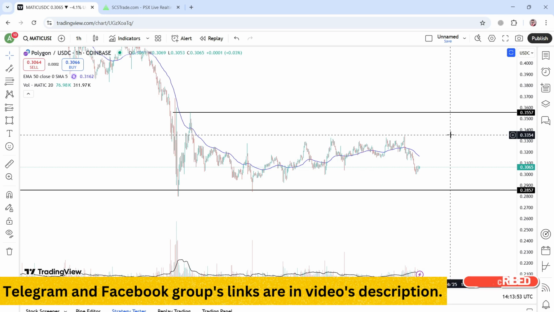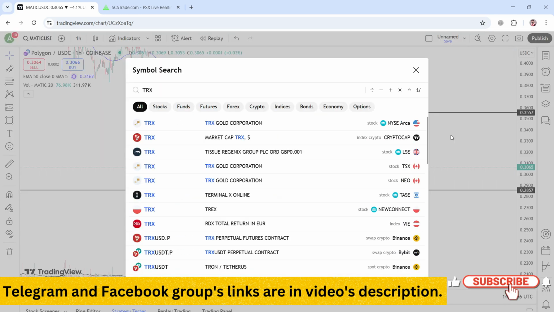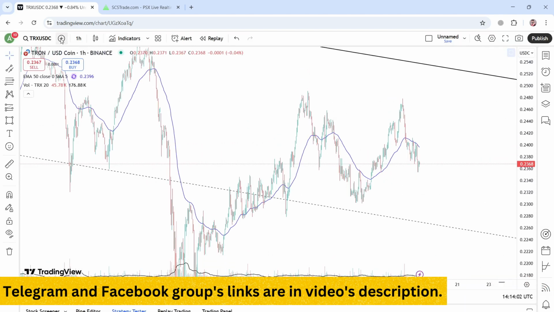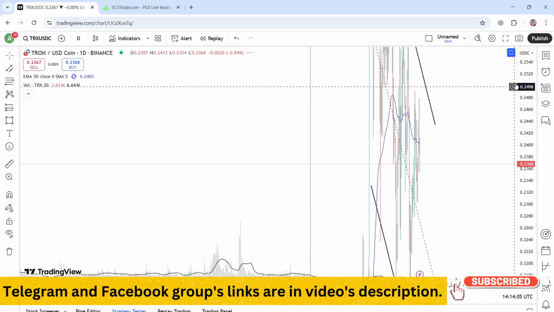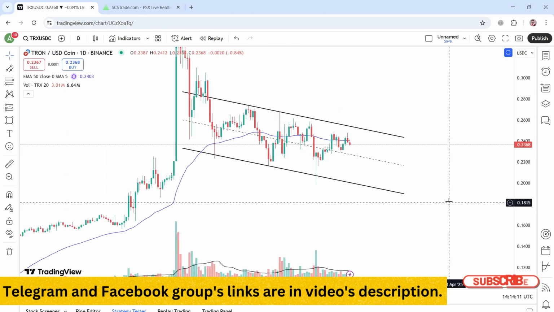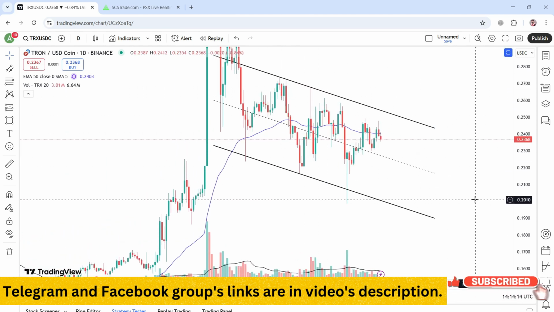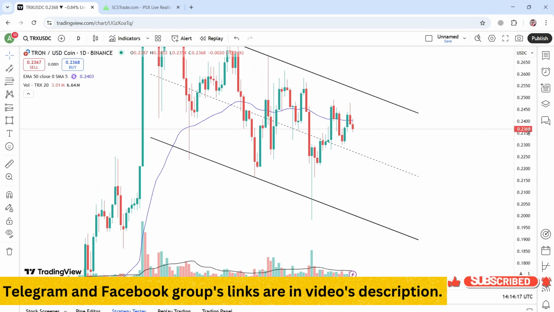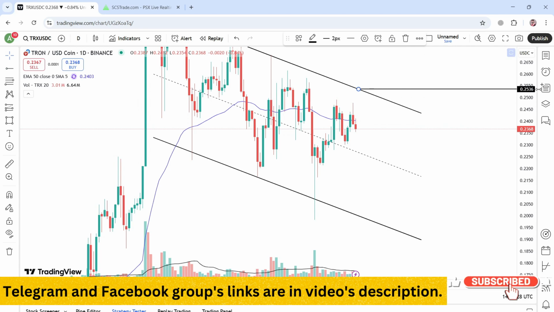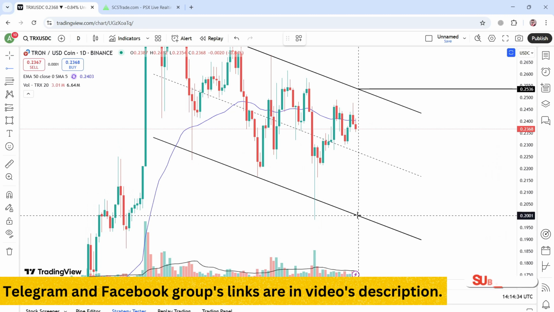So the next coin is TRX. So I am opening the TRX against the USDC. If we discuss the TRX on 1 day time frame, the major trend of TRX is still uptrend, but currently it is consolidating in a channel formation. Its current price is at 0.2368 level, and the resistance of this channel formation is at 0.2531. Let me mark this level so we don't get confused again and again. The resistance is at 0.2536, and the support of this channel formation is at